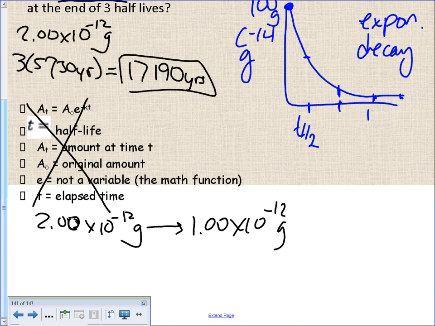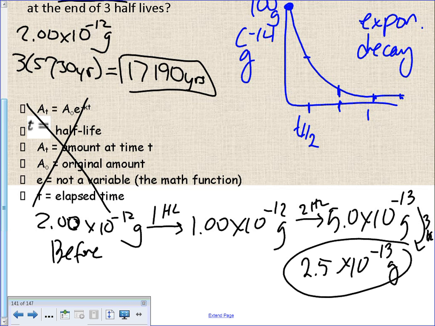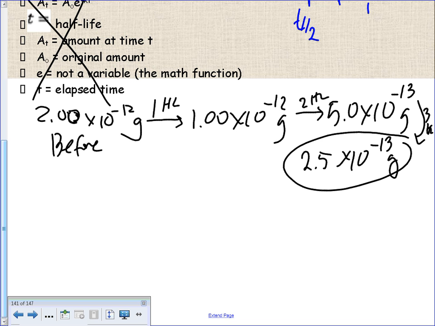So this is before decay started. This is after one half-life. After another half-life, how much remains? 0.5 times 10 to the negative 12 is 5.0 times 10 to the negative 13, because I took the decimal back one. So that's after the second half-life. After the third half-life, 2.5 times 10 to the negative 13 grams. That's the final answer. If I know how many half-lives pass, I can do it linearly, very easily,